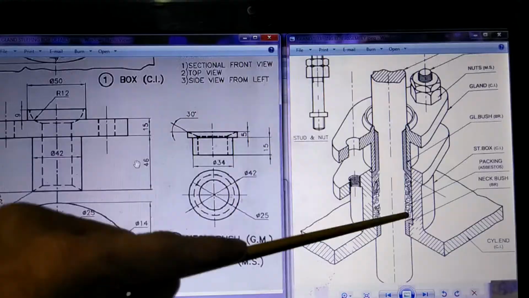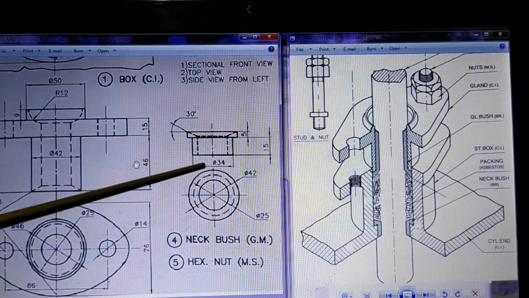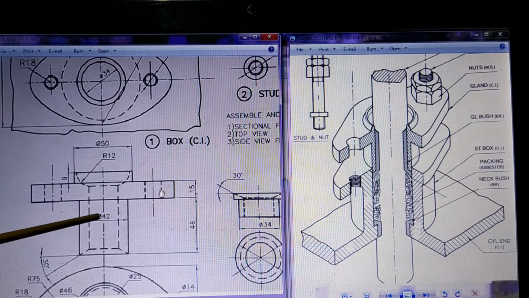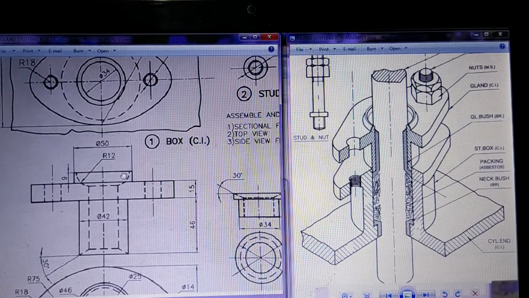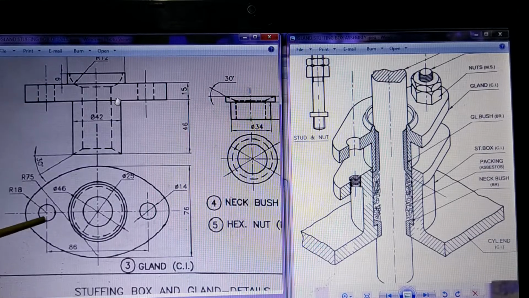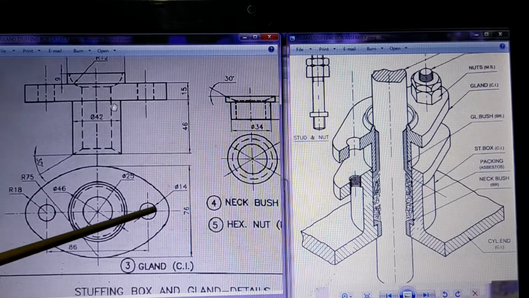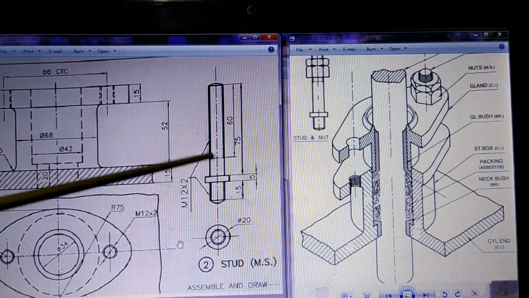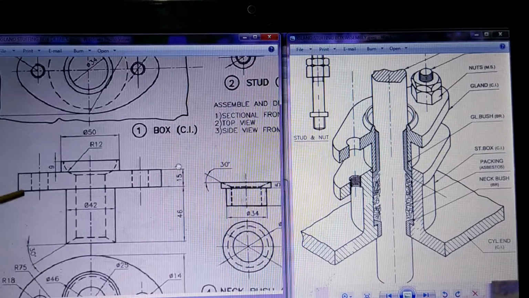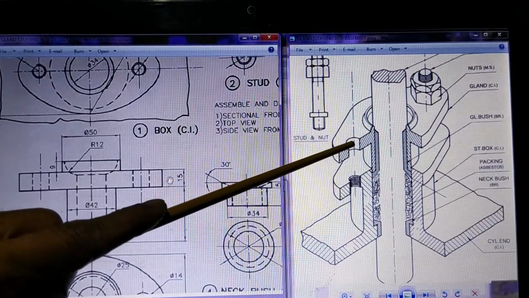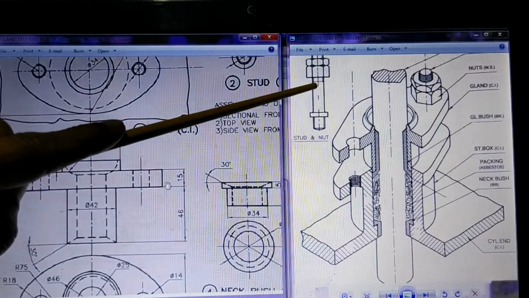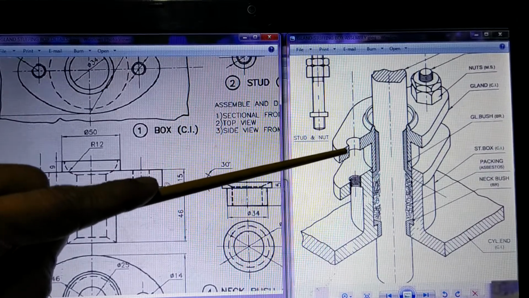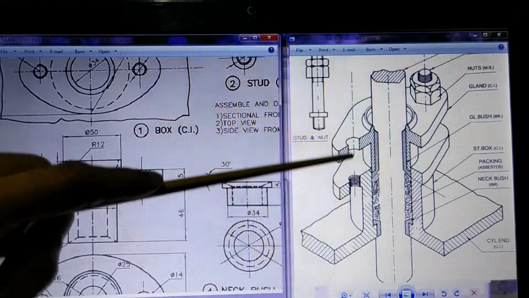So as a result, what you see here, 25 is the shaft diameter. Then there is a bush diameter 34, collar diameter 42, and this has got outside diameter 42 and inside diameter 25. Now, to this gland part you can see there are two holes. The size of the holes is 14, and the stud has got diameter 12. So this is 12 diameter and this is 14 diameter. So 14 diameter here, and the stud which is going inside has got diameter 12. So 12 and 14 means 1 mm clearance from all sides. That means this gland will not get jammed in the stud.